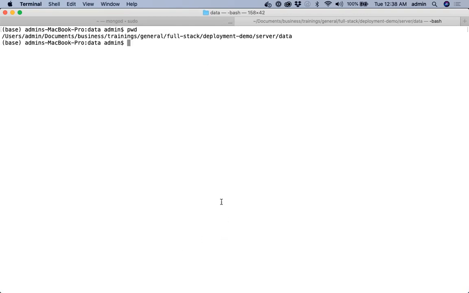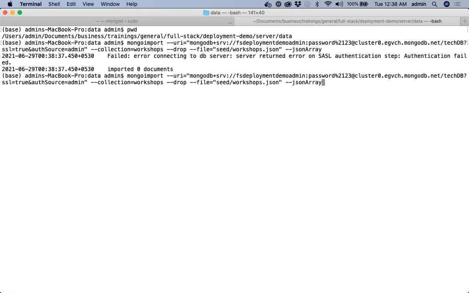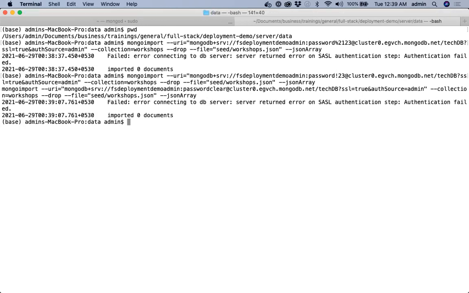I'm in the right folder, server data. Okay, so there is some problem with the string. mongoimport. Let me try with the plain exclamation for password 123. Percentage, or percentage 2, and I'll just try an exclamation. That too doesn't work. I think I'll have to check this. Let me check this.